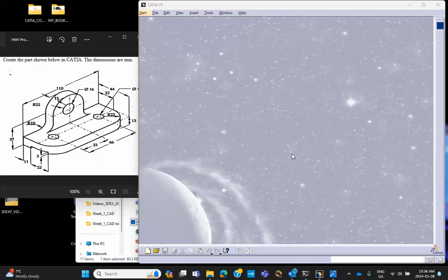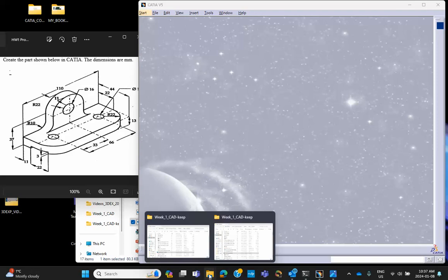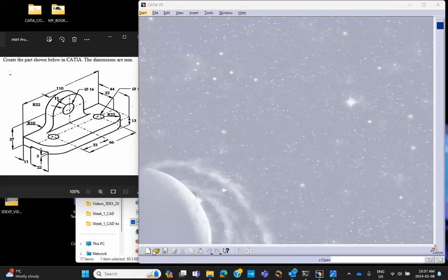Okay, this is problem number 2 in homework 1, and it says that the dimensions are in millimeters. So right now I have to make sure that the grid that I have in the sketcher is actually convenient. So let's go ahead and see what it is. I'm going to start a part file,